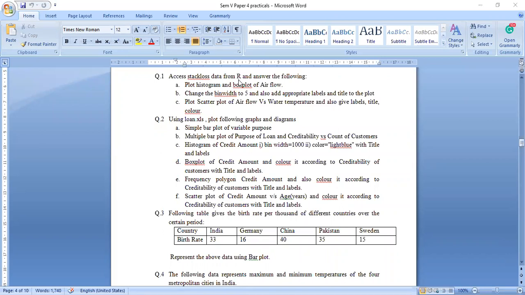requirement of the problem. Since they are saying we have to do all these, whatever they say, we have to do exactly the same as they want. We are not going to do anything else on our own, like saying I will do it myself. No, it is not like that. Whatever the question asks, you have to perform exactly that. Even if they are not asking for a label, don't use a label. If they are not asking for a title, don't use a title.